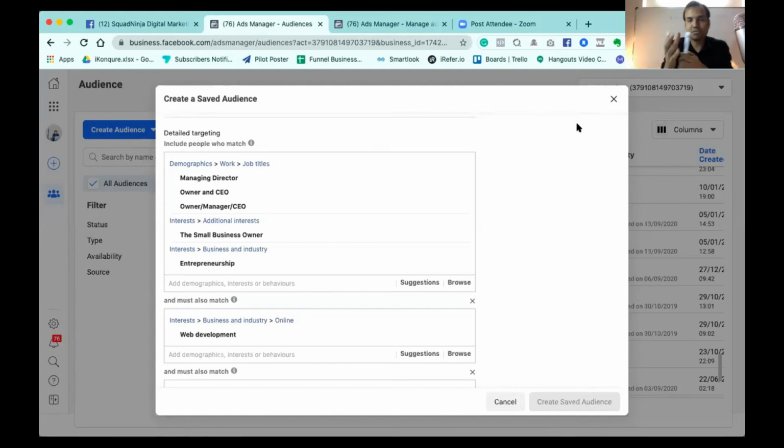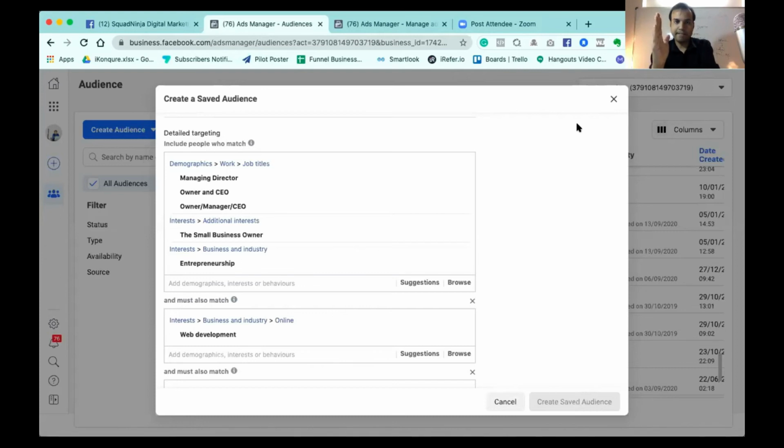For example, for small business owners you are getting a result of 10 rupees per lead. For entrepreneurship targeting, you are getting 100 rupees per lead. For owner manager, you are getting 20 rupees per lead. So you are able to understand which particular audience set is performing well for you.